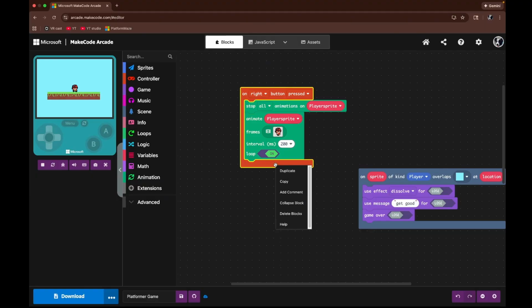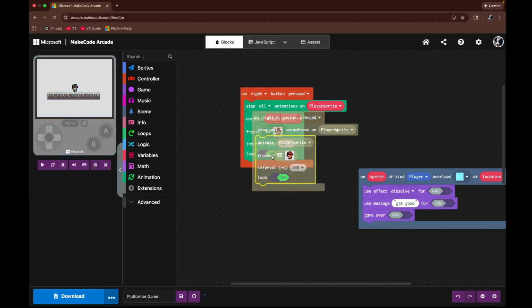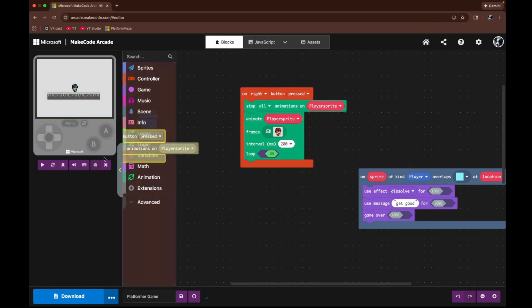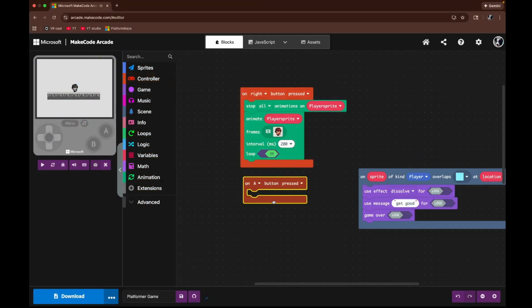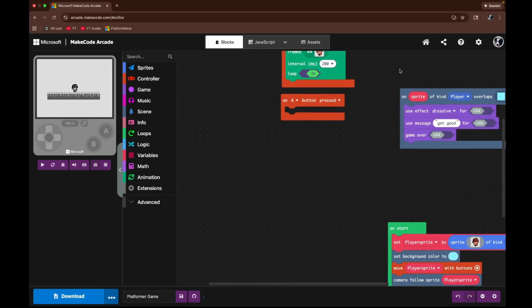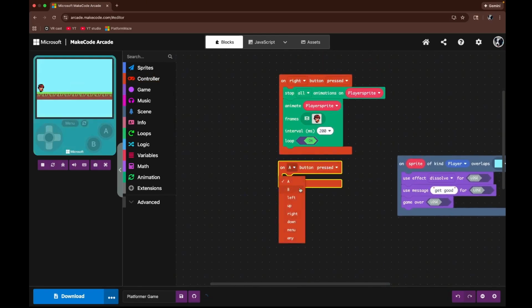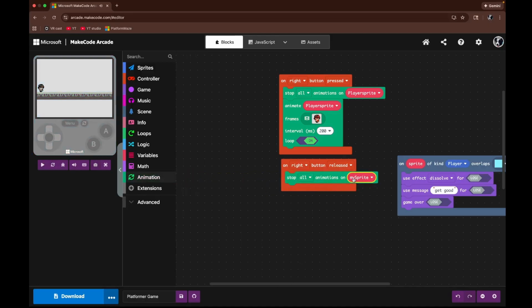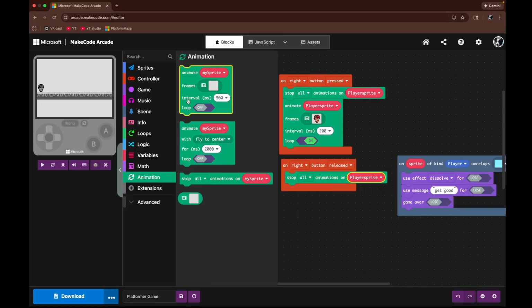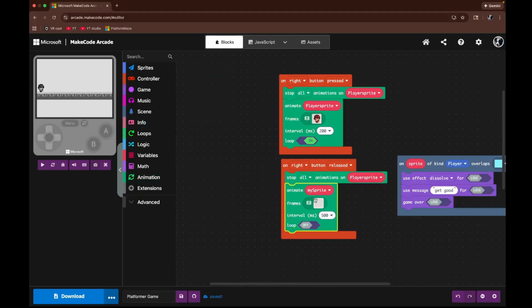So I would duplicate. No, not duplicate. Actually, I would not duplicate when doing this. It could mess you up. So now you want to do right button again, but change the press to the release. And we want to do animation, player sprite, animate, player,